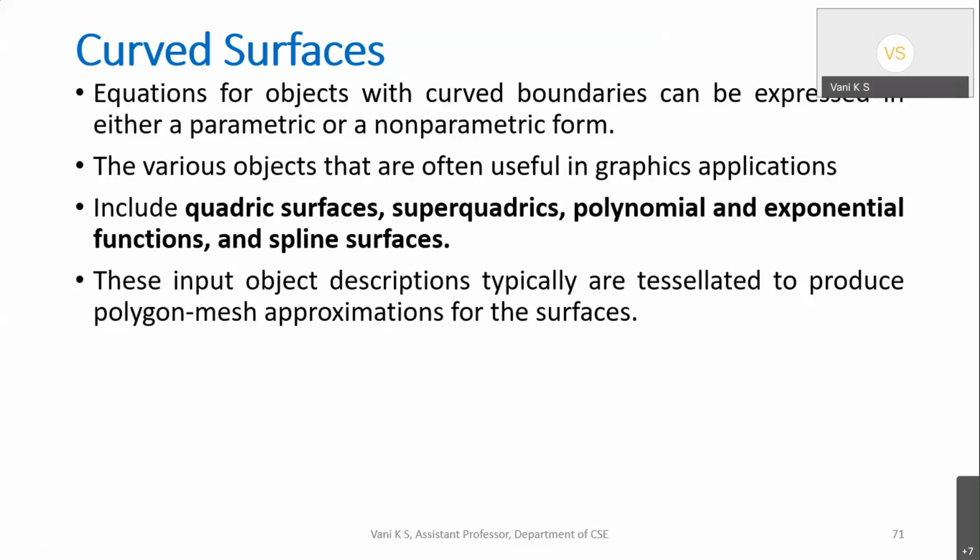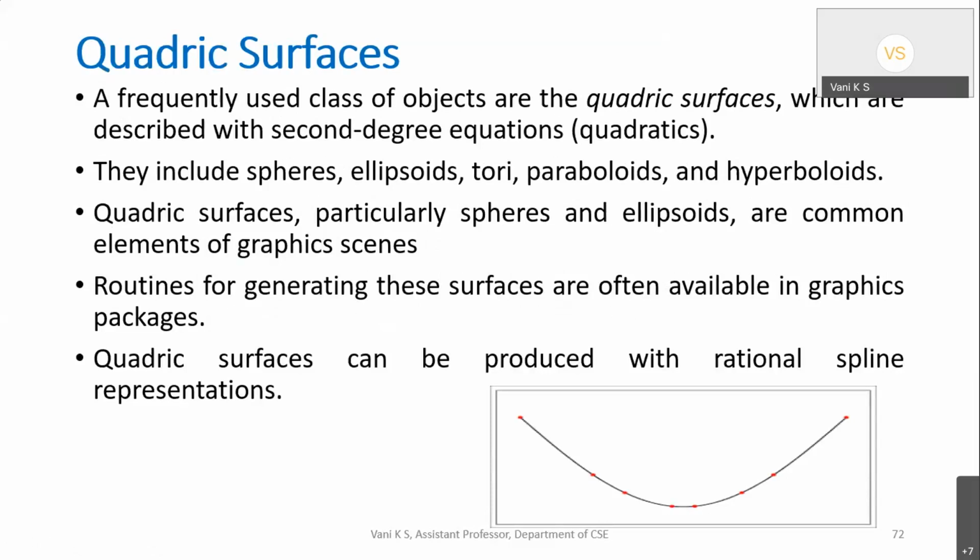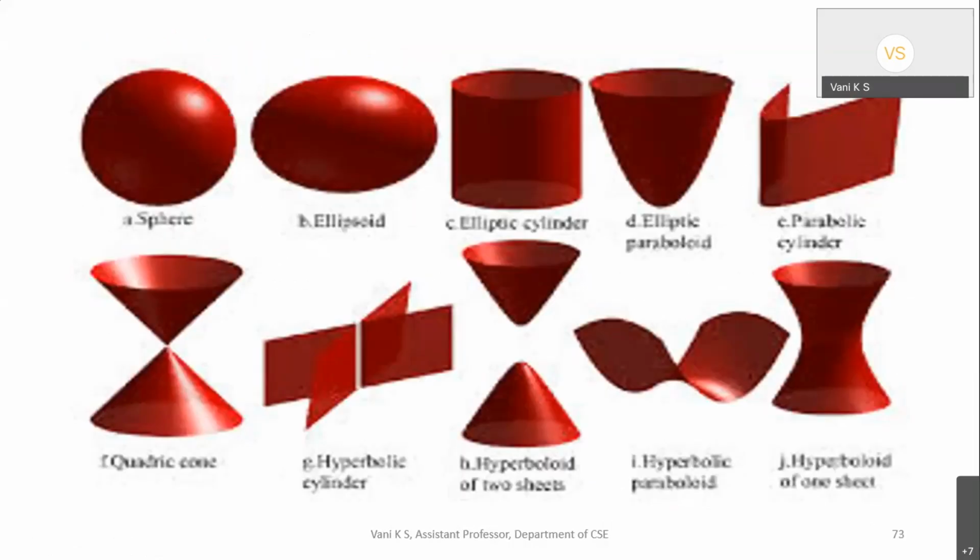So what is very common in OpenGL and graphics are quadric surfaces, or the surfaces which have their polynomial power raised to the power of 2. So under quadric, what all do you have? Sphere, ellipsoid, torus, hyperboloid, parabola like that. So this is a parabola. These types of quadratic surfaces you have. Let me show you now how to create a sphere.